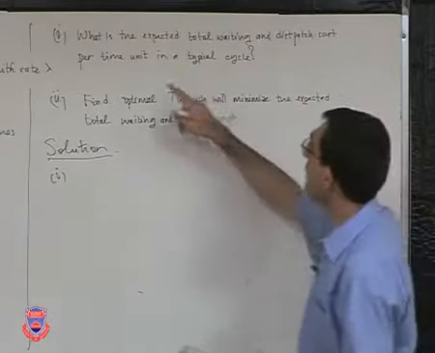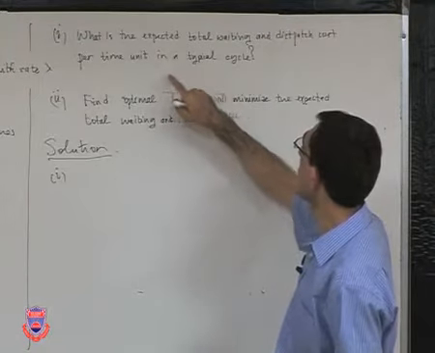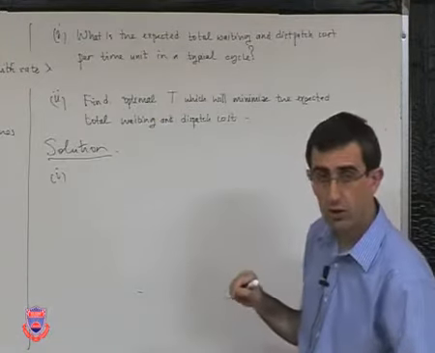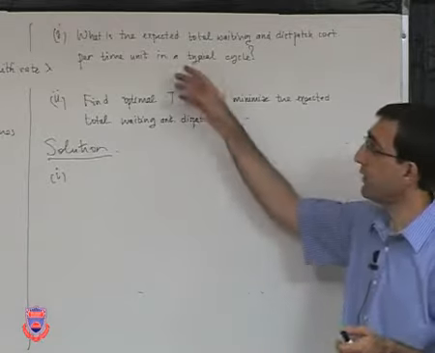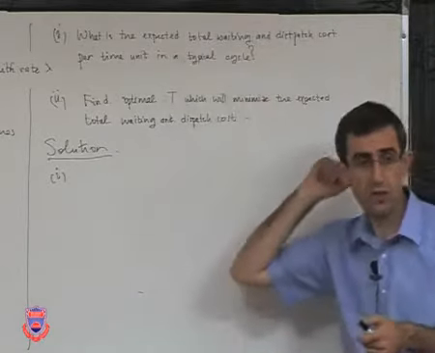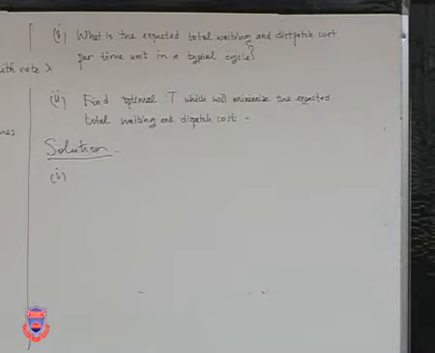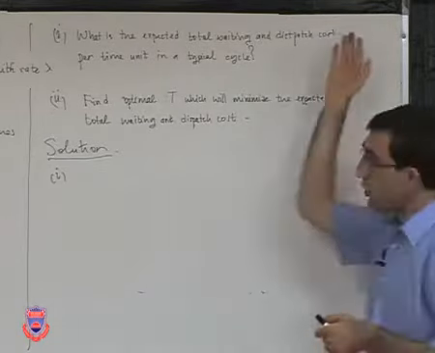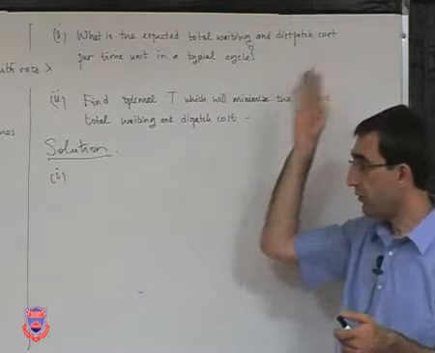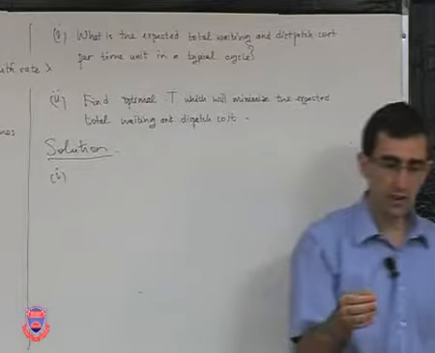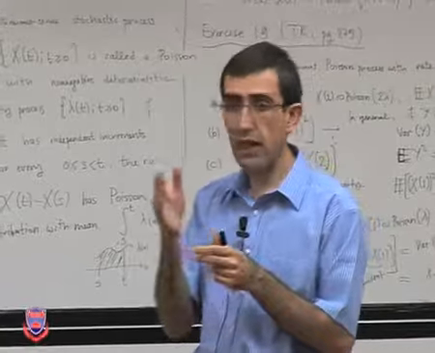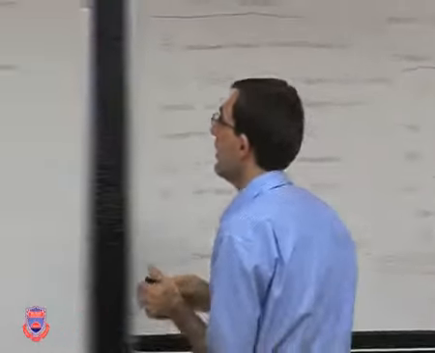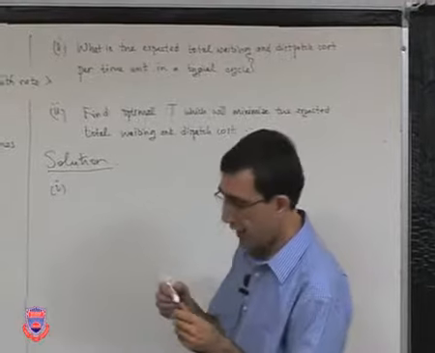In part A, before we calculate the cost per unit time, let us calculate the total cost in a typical cycle. Once we find the total cost, we are going to divide it by the length of the cycle, which is capital T, to find the cost per time unit. So what is the total cost? Total dispatch cost is known. It is K, because during a cycle there is only one dispatch performed, at the end of that cycle. So we know that total dispatch cost equals K, so we can add it later.